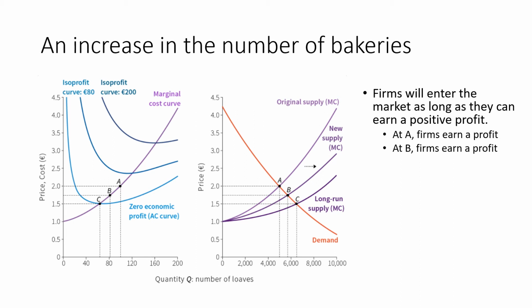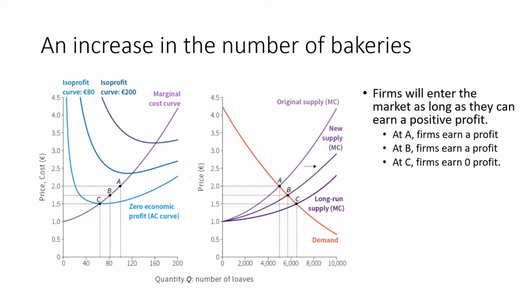You might wonder, why would any firm be interested in producing something where they sell at exactly their average cost? Remember that when we think about the cost for these firms, we're including the cost of managing the firm, the cost of paying rent to the owner of the place where you have your bakery, or if you own that place yourself, paying yourself the same rate of return you would get from, say, renting it out to somebody else, and so on. So you're covering all that. So these firms are making what economists call a normal profit, but they're not making any super profits.